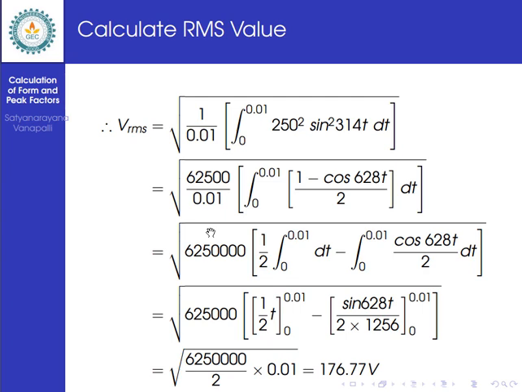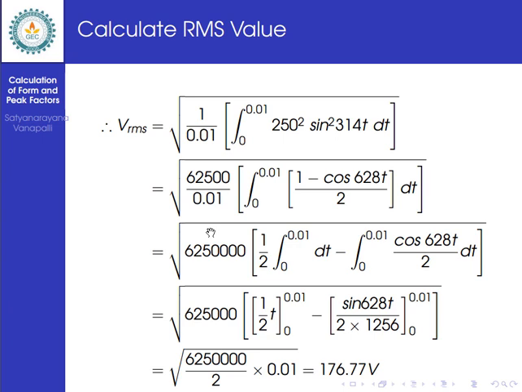V RMS is equal to square root of 1 by 0.01 integral 0 to 0.01 250 square sin square 314 t dt. Substitute the value of sin square 314 t is equal to 1 minus cos 628 t by 2 and separate the integral and find the integral values separately. After substituting the limits of integration, you will get this value is equal to